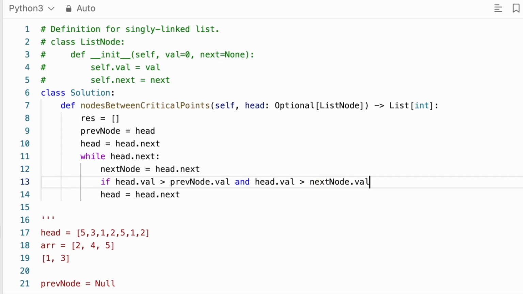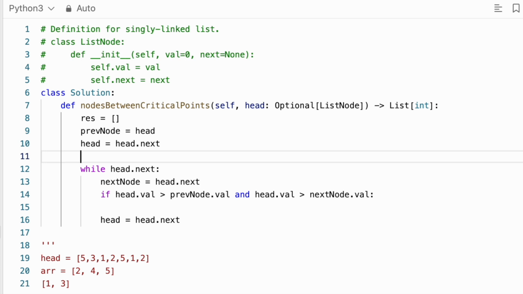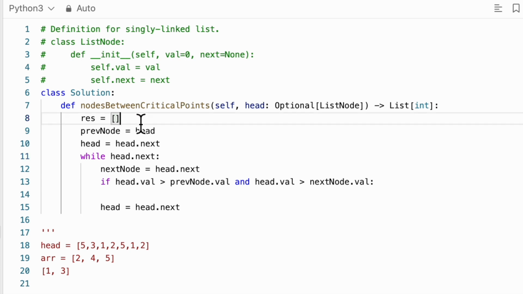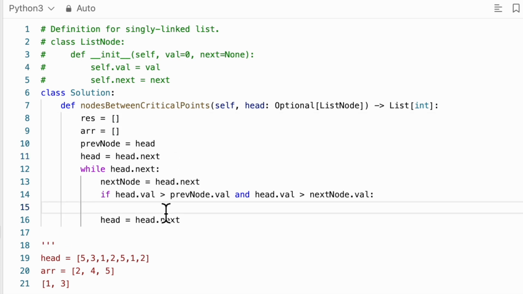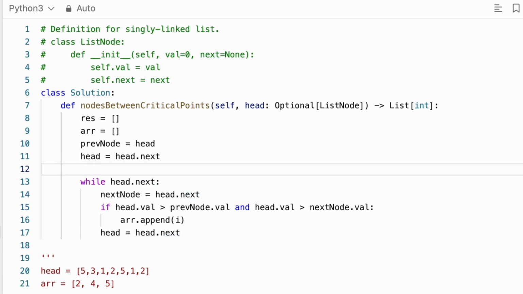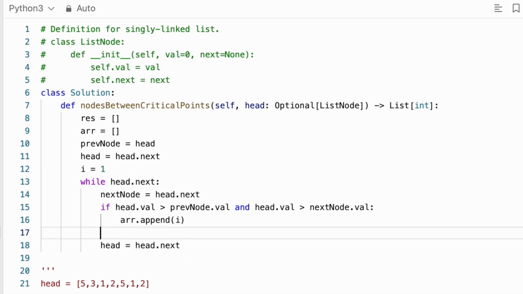So next node.val. We need our special array where we save all of the indices, in which we're going to r.append. We're going to append the index, which in this case is going to be I. I is again going to be one of our values here. And every time we start iterating, we're going to add 1 to I. Of course,